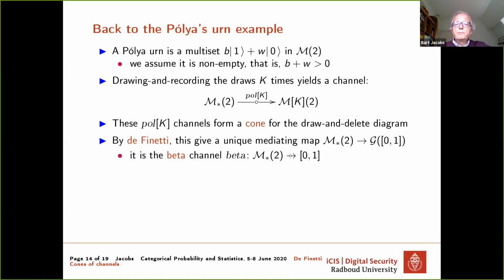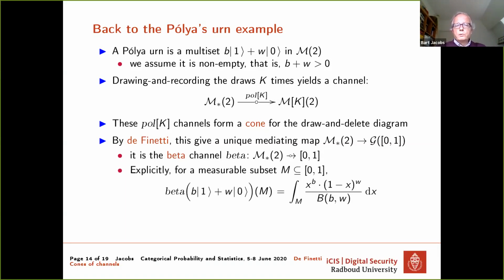It's a very well-known distribution, which you can describe in the following way, very formally as a channel. Beta on such a multiset, the elements B and W are, I hope you recognize, commonly denoted as the parameters alpha and beta of the multiset M. You take the integral over this construction, where this fraction below the line is a normalizing fraction, which I will not go into.